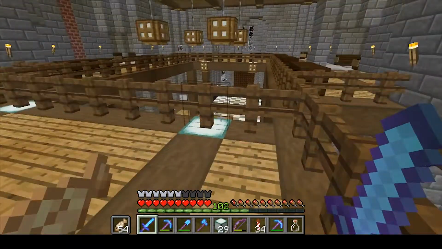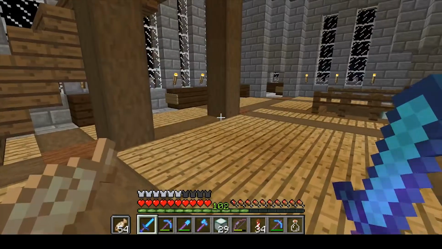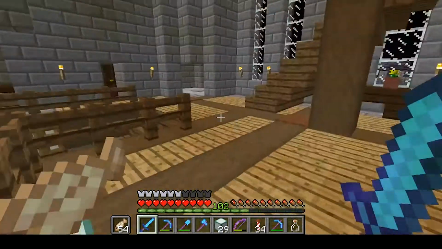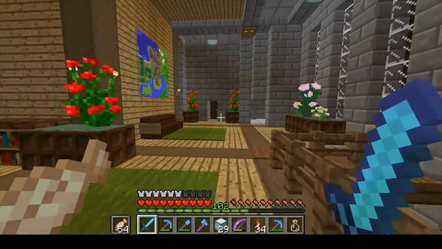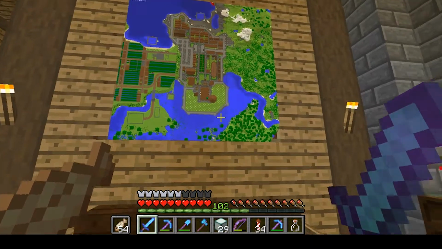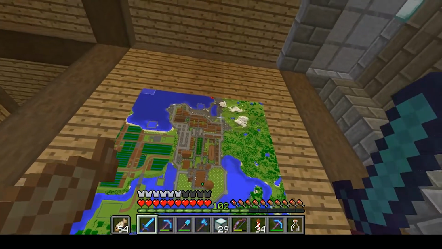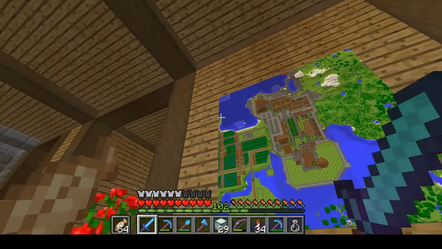And on this level, there's a balcony to look down into the ballroom. You know, I'd imagine that if they're making announcements or something, it would happen from up there as well. You come up into here and there's a map of the area from above. So you can see it's not quite updated because I actually removed that water there and built out a seawall